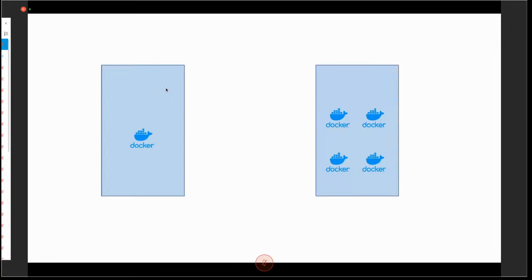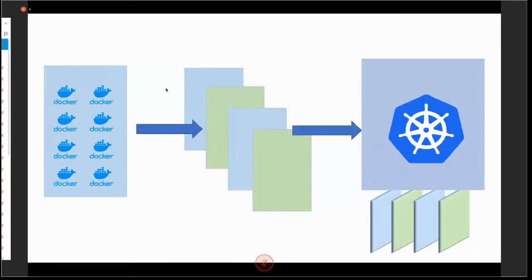We were able to run Docker containers using the Docker command, docker run, and we were able to run a Docker container. Going forward, we also find that the microservices architecture would require many Docker containers to run. So we now have the capability to use Docker Compose, and we can run multiple Docker containers at the same time.